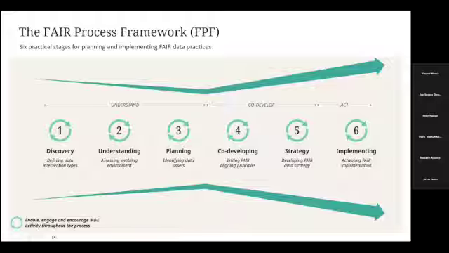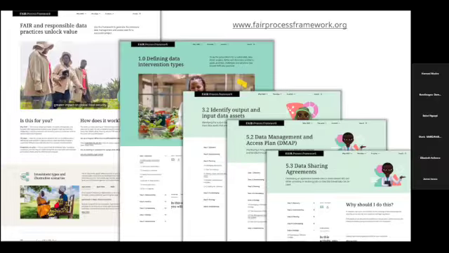And then as you move towards the far end of the framework, you're now looking at actually implementing. So now you have a data management plan, for example. You're now thinking about which standards we are actually going to select, and documenting them and so forth. So on the high level, this is what the FAIR process framework gives you, and it just gives you resources and tools to help put a solid either proposal or plan in place.